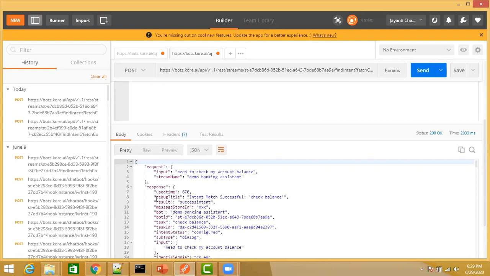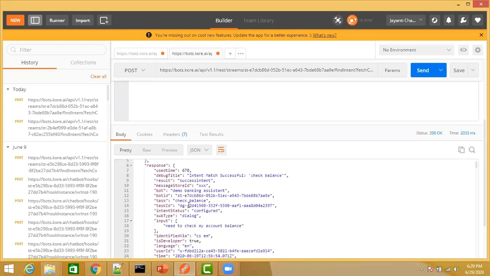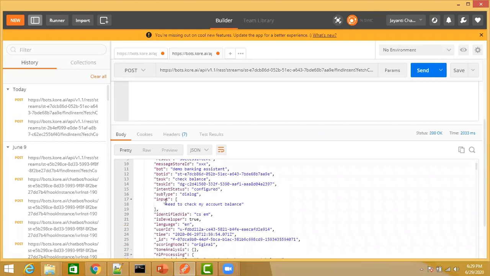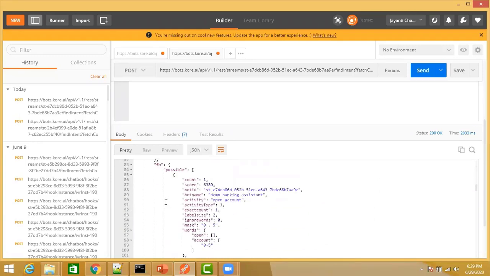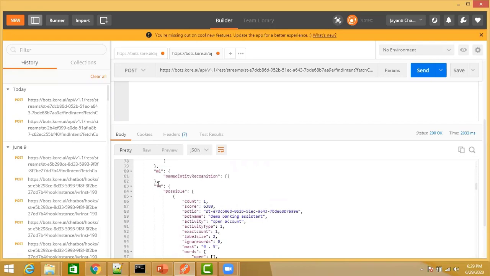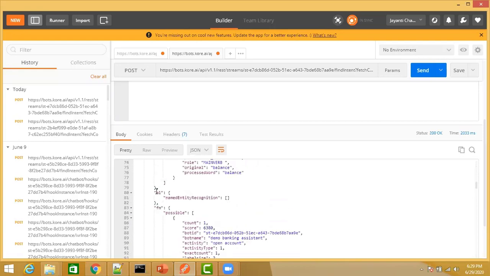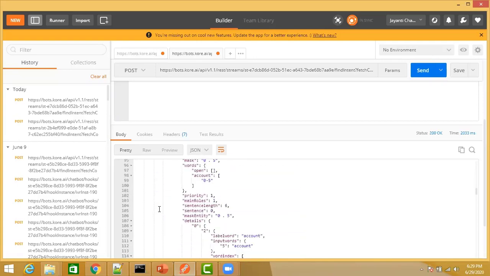You can see the time used was 670 milliseconds. You can see the debug title over here: intent match successful, and this was the intent that was matched. The result type is success intents. Then you will see what was the input and the entire NLP analysis coming up. You can see the ML did not identify any intent, but FM has identified an intent.